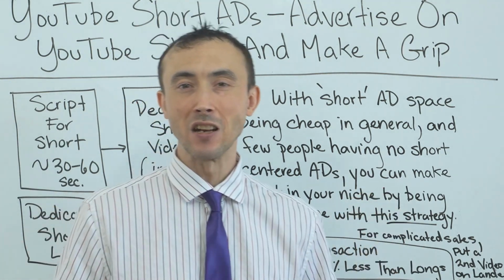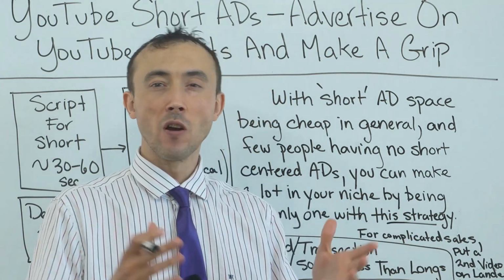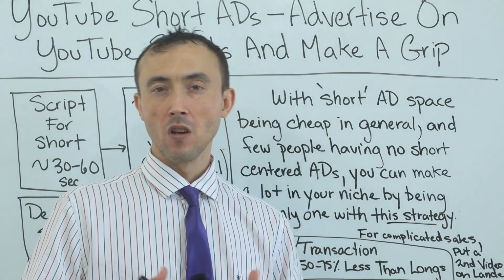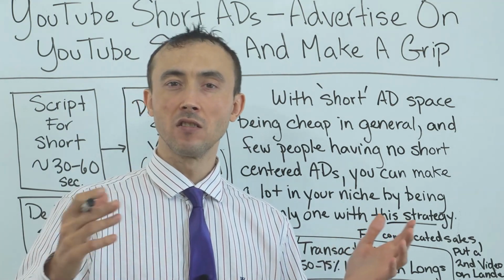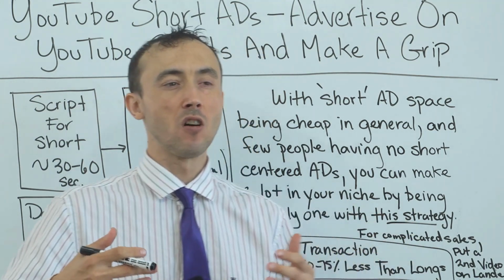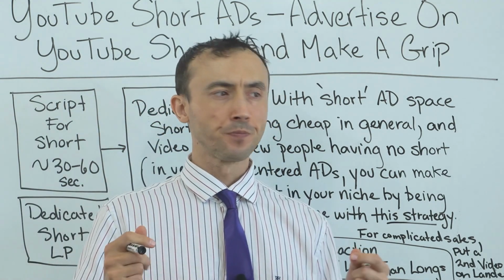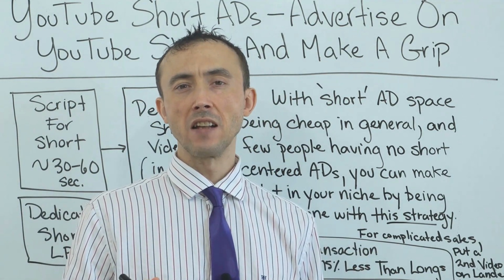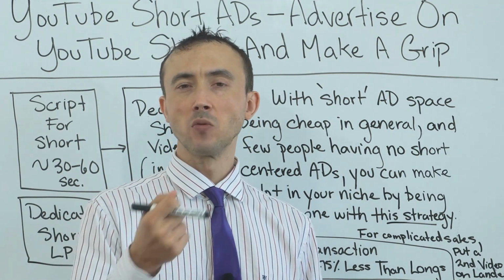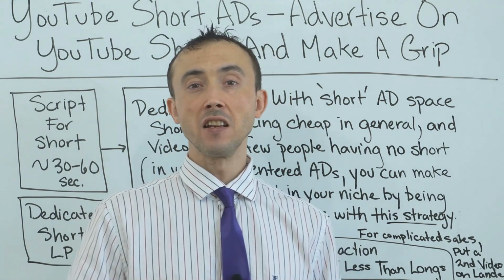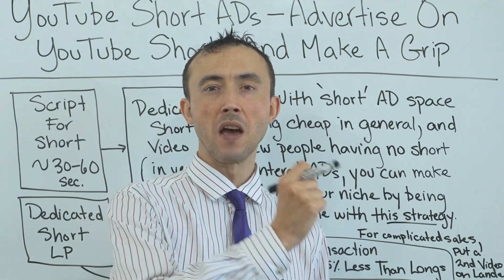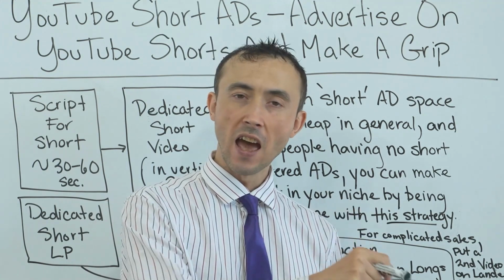They don't have a dedicated short ad to advertise. Therefore, they're not getting much out of a short ad placement. And then as a result of that, of course, they're not willing to pay as much. Because everything on the internet in terms of advertising is all predicated on demand. More demand for the ad space, the higher the cost per click or cost per view is going to be. Best way to make money online is be able to monetize ad space at a higher rate than what competition's willing to pay for it and can.